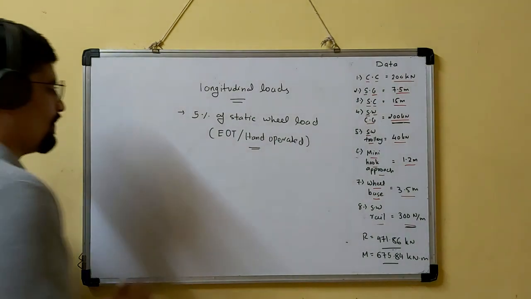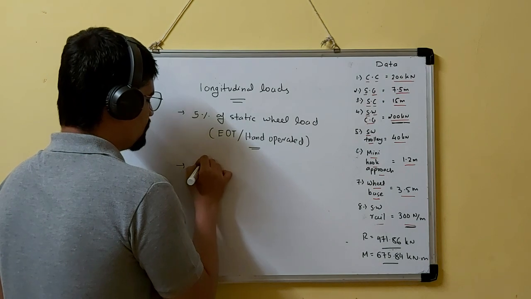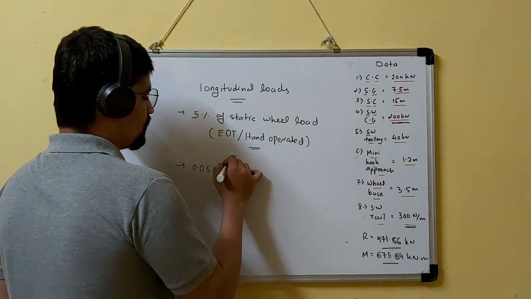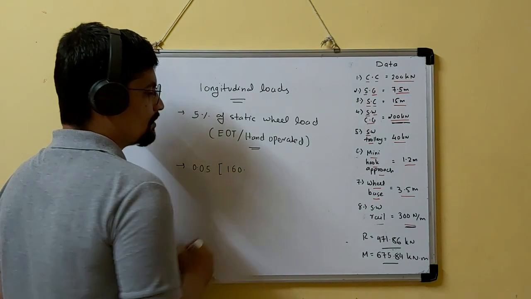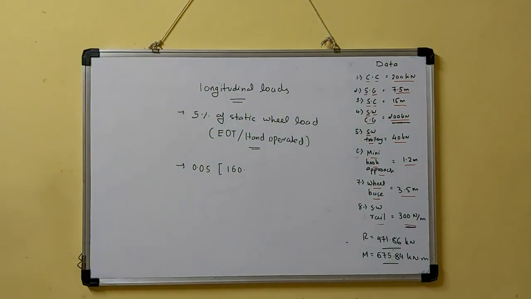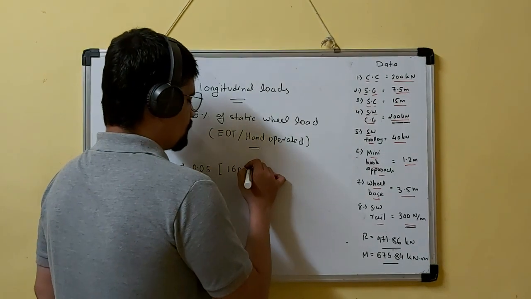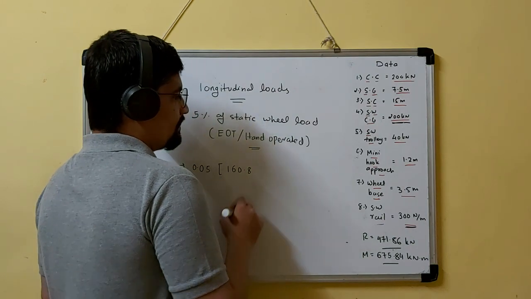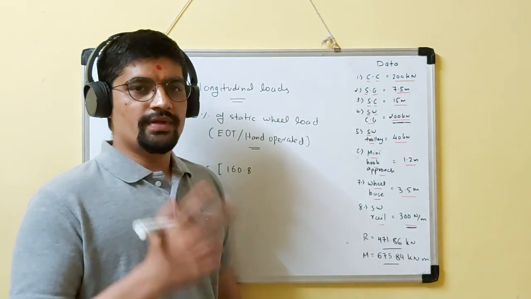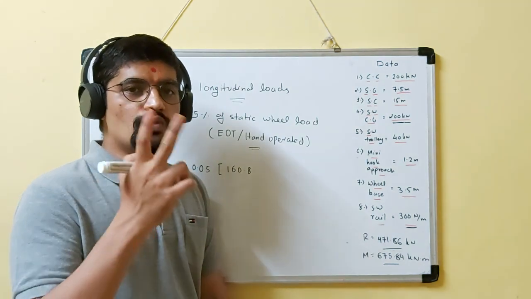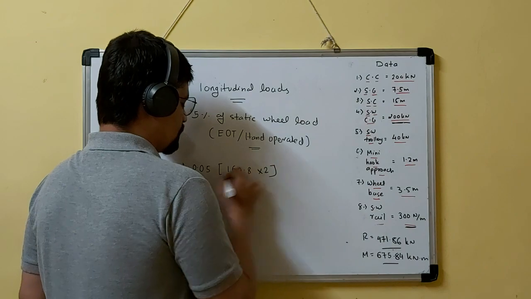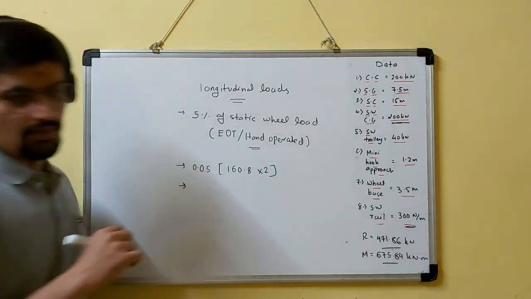Now 5% means 0.05. The static wheel load of ours was 160 point something. And the crane has two wheels at each end, so there will be two static loads, so it is multiplied by 2. So the total horizontal load will be